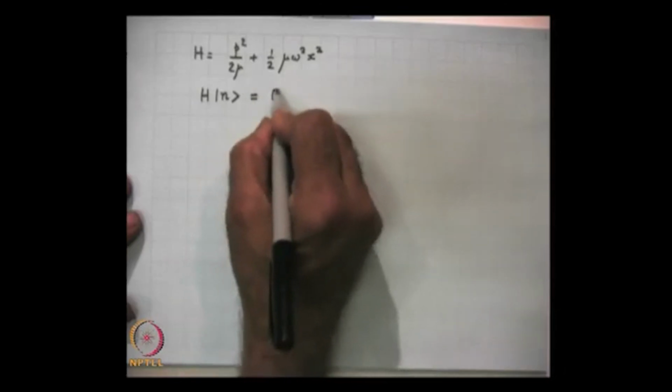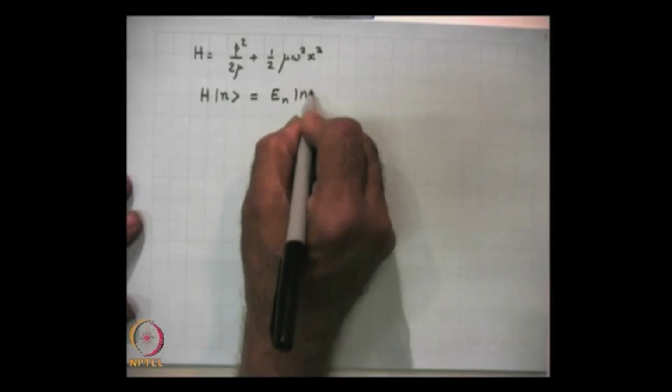After using operator algebra, we found the solution of the Schrodinger equation is H ket n is equal to E n ket n,